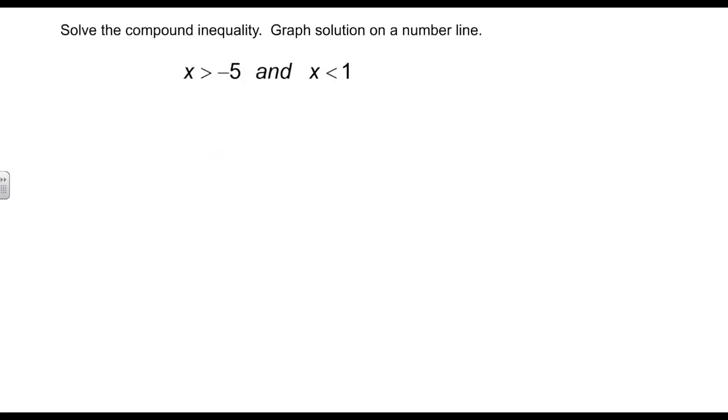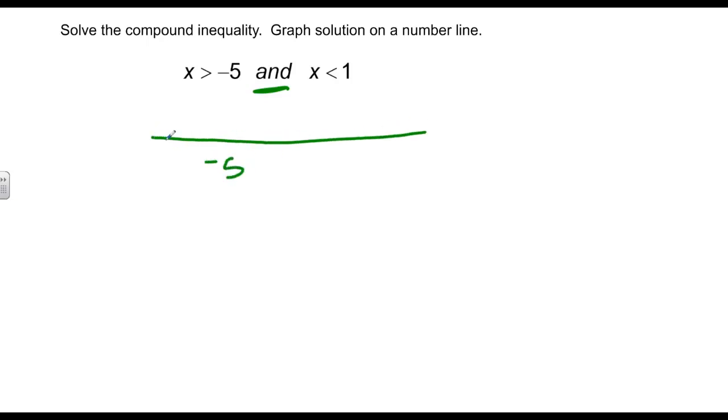So let's take a look at our first one. This is a very simple compound inequality. In fact, the two inequalities have already been solved. It says x is greater than -5 and x is less than 1. So here's that operator of AND. And let's see how this works out. If I were to graph this, then my solution would look something like this. Here's a -5